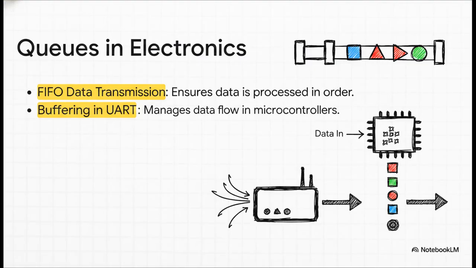Yeah, this FIFO logic is basically the secret sauce behind so much of our tech. It's how your computer makes sure the data for a file you're downloading arrives in the right order. It's how the tiny chips inside your gadgets, your phone, your smartwatch, manage information without crashing. And get this, it's literally how your internet router is handling the traffic to stream this to you right now, making sure everything flows smoothly without a digital pileup.